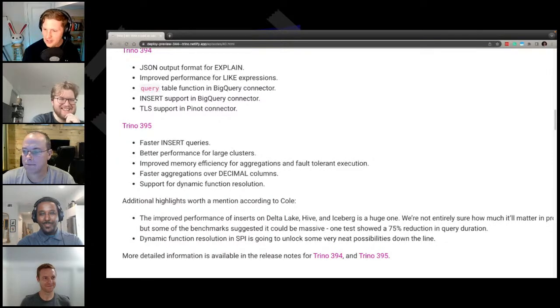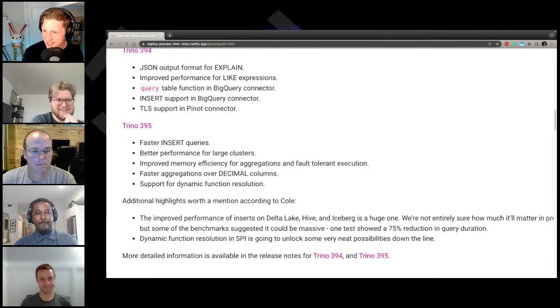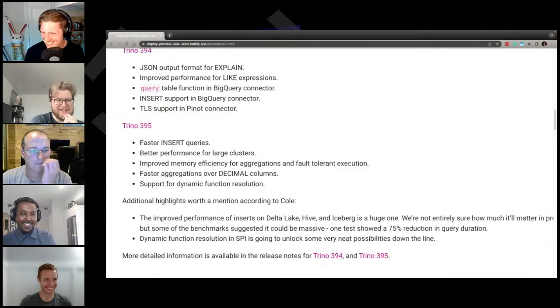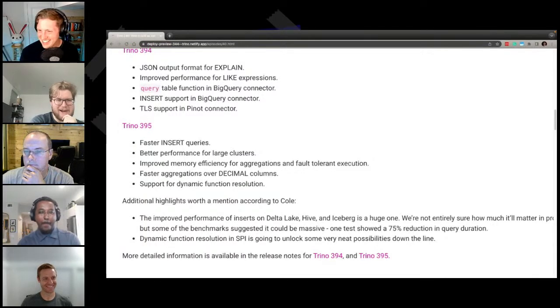Oh, and so everybody knows, Cole is kind of a part-time developer advocate, but his other title here is release manager. So anything that we're going through when it comes to these releases, Cole touches everything now. I look at every single commit and make sure that if it's user facing, we get a release note. You're like that eye in the Lord of the Rings. Yeah, except instead of being the evil demon lord of power, I'm just a guy trying his best to communicate things. But is that what the evil Lord of Power would tell us?